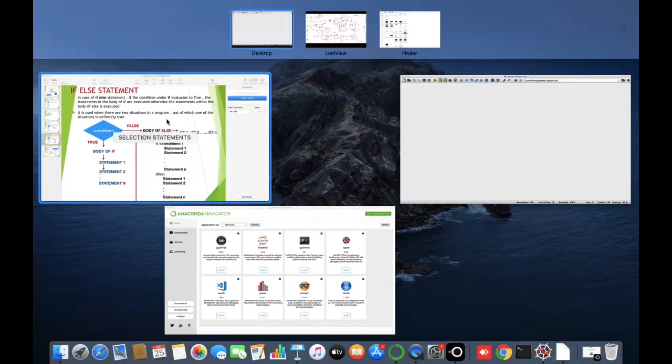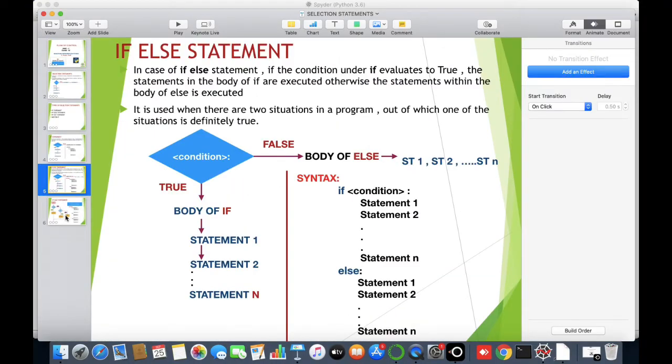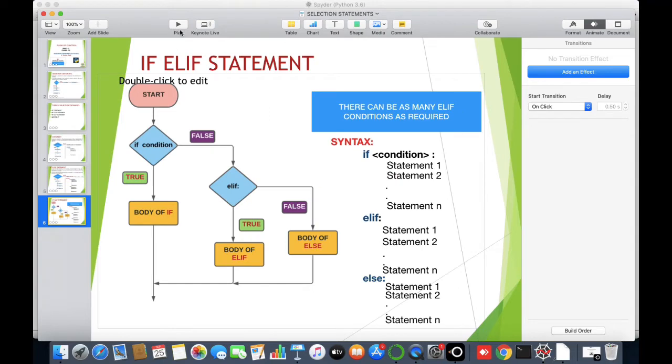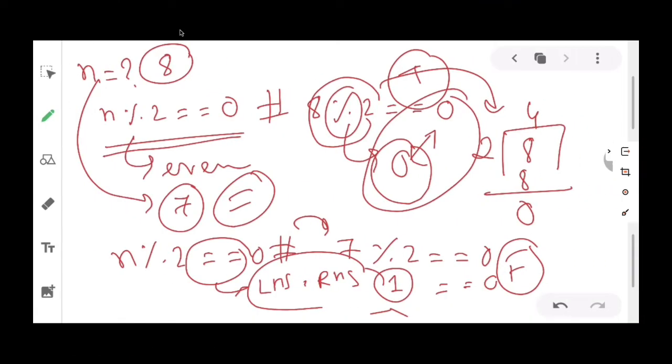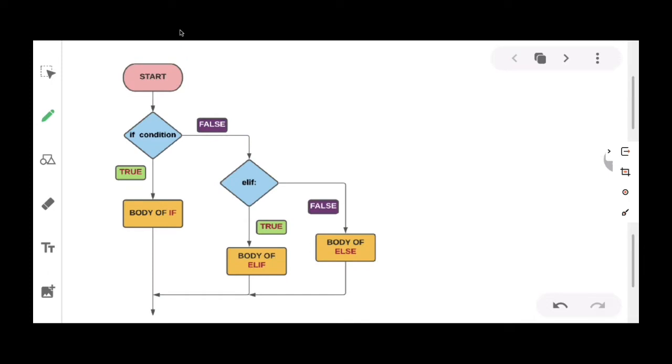Now let's go to the next type of selection statement, which is the if elif statement. Now how does the if elif statement run? Let us try to understand. As you can see, at first the program will begin and then the condition will be checked. This is the if condition. Now if the condition is true, then whatever is written within the if, that means the body of if, will be executed. The condition may be false also. If the condition is false, then